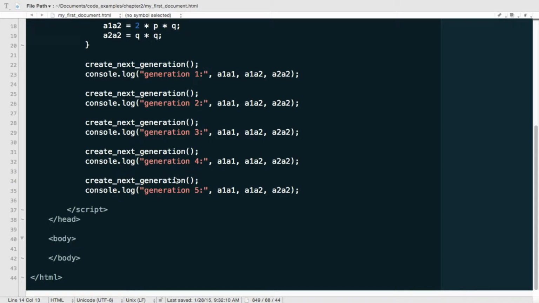But imagine I asked you to do that for 100 generations or 1,000 generations. Then what? Would you go ahead and copy this code 1,000 times? Probably not, and it wouldn't be a good idea. So this is where the concept of iteration comes in. And to me, that is absolutely fundamental, probably the most fundamental principle about all of programming.